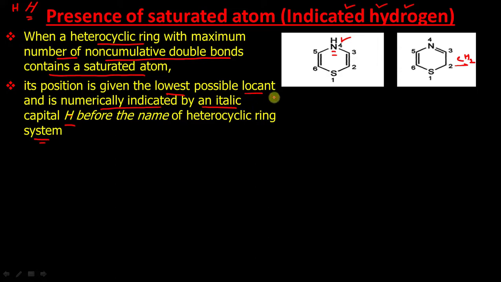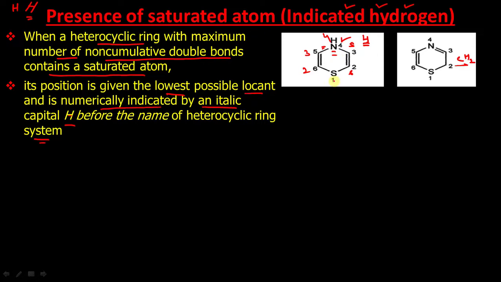Let us understand this. What does it state? Now first of all, forget everything. It has two heteroatoms, sulfur and nitrogen, and we have to start the numbering from sulfur. So sulfur is 1, 2, 3, 4, 5, 6. Or you can start from the other side, 1, 2, 3, 4, 5, 6. In both cases, this saturated atom gets locant number 4. So both are correct. As it is a symmetrical structure, either start from this side or that, the thing is the same. So first forget about this indicated hydrogen. What will be the name?